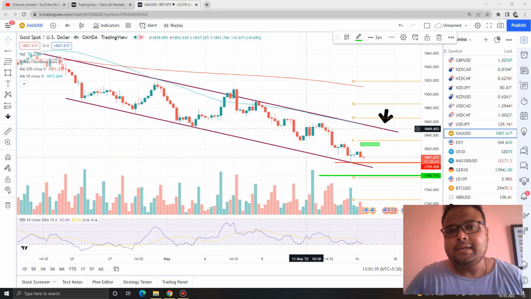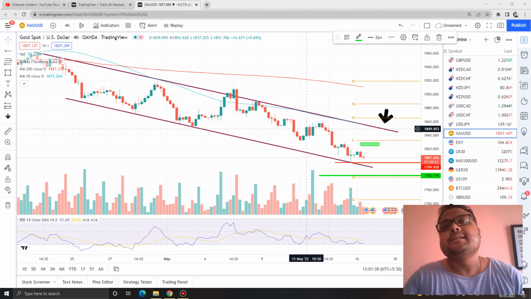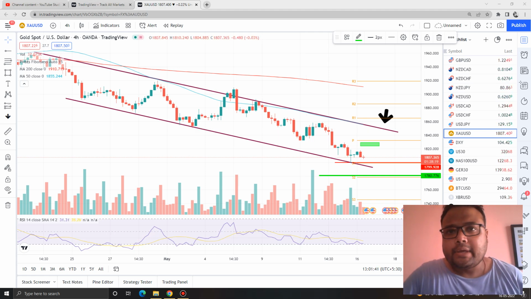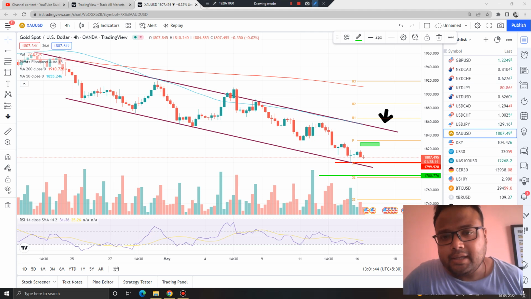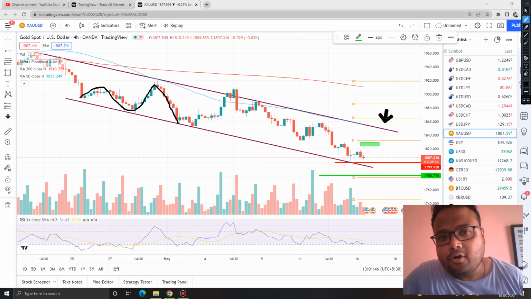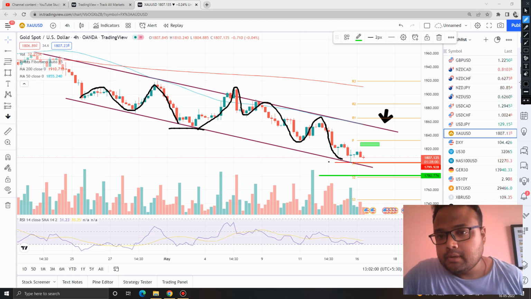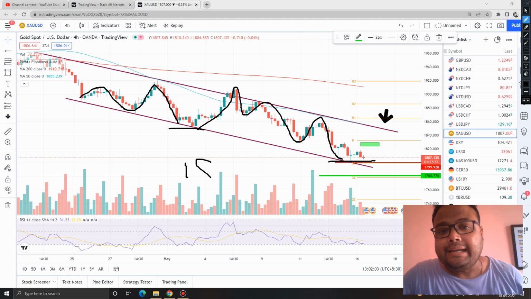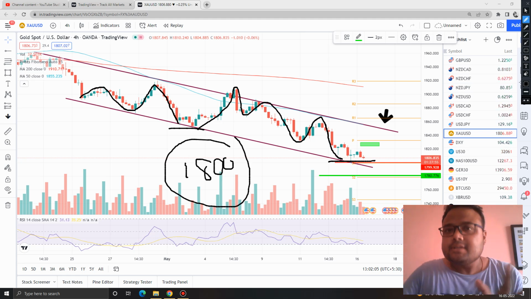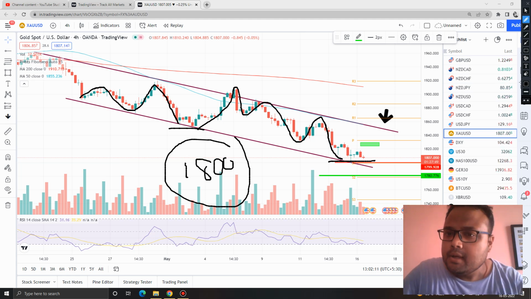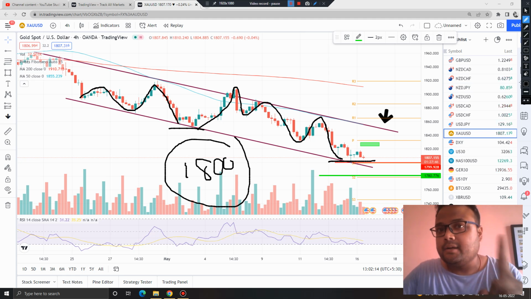But my dear friends, we can see that the overall trend of the market is still towards the downside. We cannot deny the fact that the market is constantly forming lower lows, unable to cross the previous highs, which signifies the dominance of sellers in the market. And right now the market is approaching the psychological support of the 1800 level. If the present situation continues, where there is not much volatility, you may see some kind of bounce from the 1800 level.